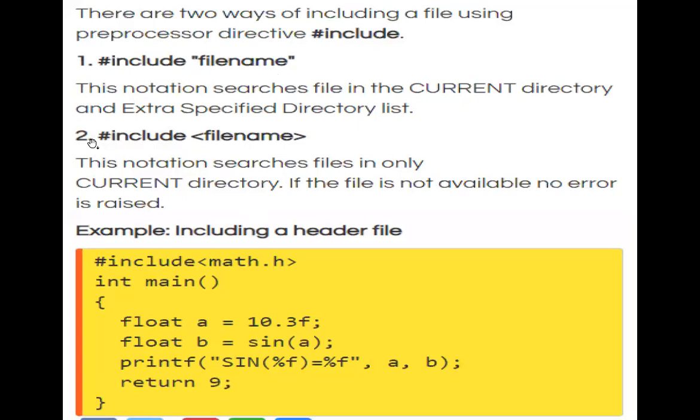So far you have been using only the second type, but you can use the first type also: #include space quotes file name. So you can have anything like this, for example #include <math.h>. When you write math.h, all the code that is present in math.h will be added into this code. That is about the file inclusion preprocessor directive.